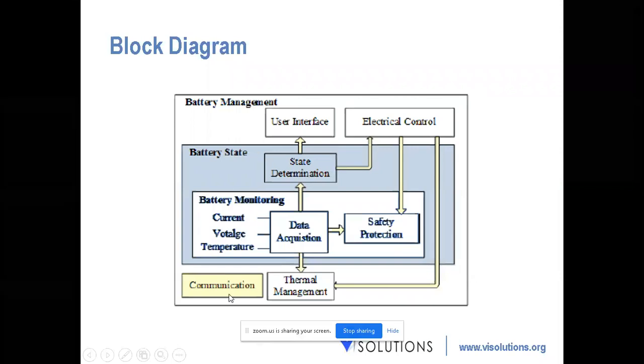And of course, sometimes this data needs to be transferred to a separate module. If you take a car, it's going to have multiple processors in it, and a centralized CPU. So all the data collected by the battery management module should be communicated to the main module. Some sort of internal communication will take place. So considering all these things, only then will your battery management system be complete.